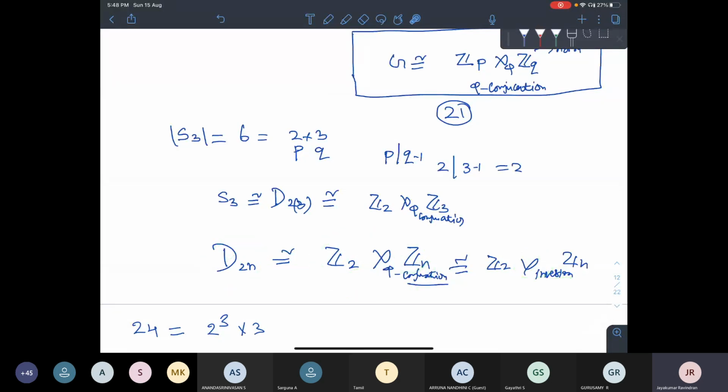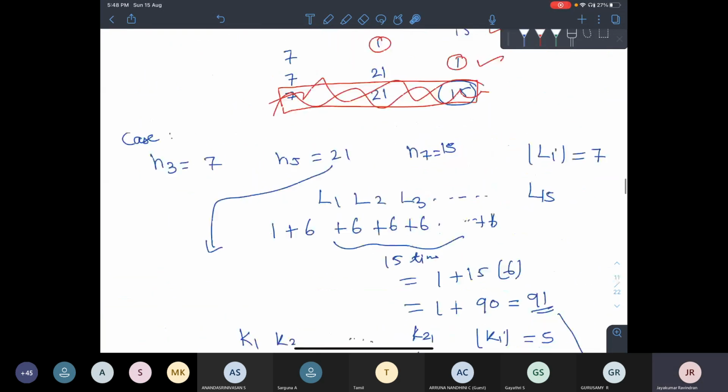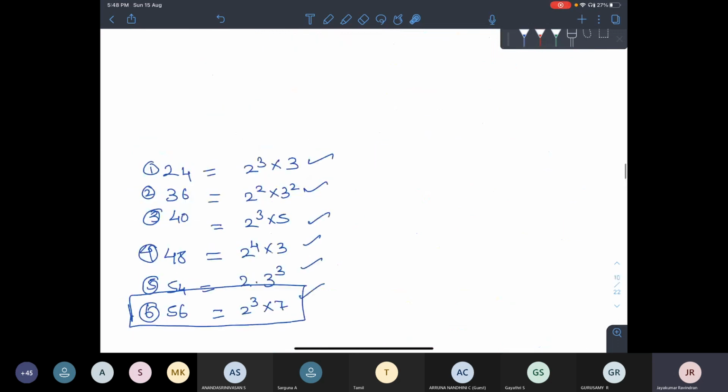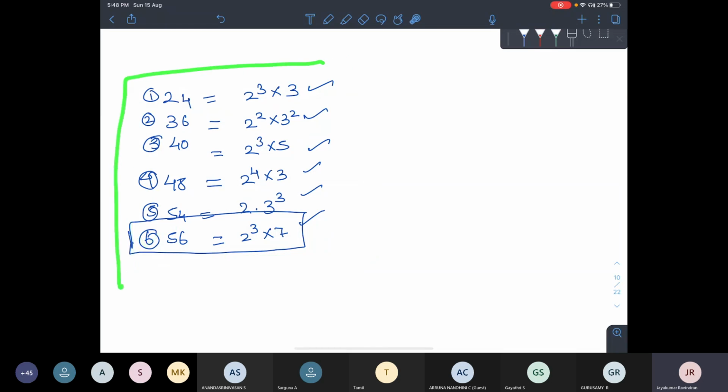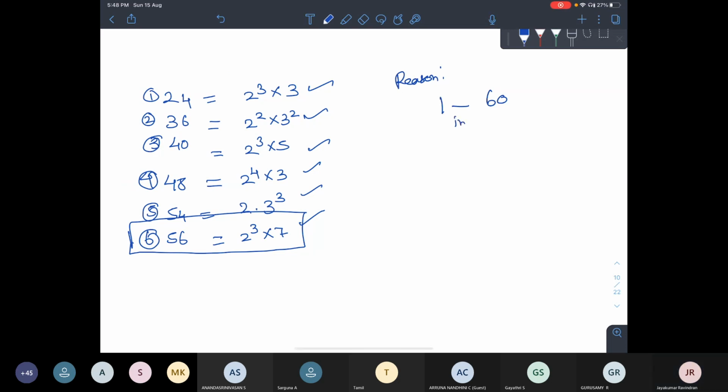Okay, so come back to our problem. Yesterday in the lecture, I told you I specifically wanted to consider these things, and I have done it for 56, no problem. I wanted to construct this thing in between, not including 60. In between, I wanted to see what are the simple groups.